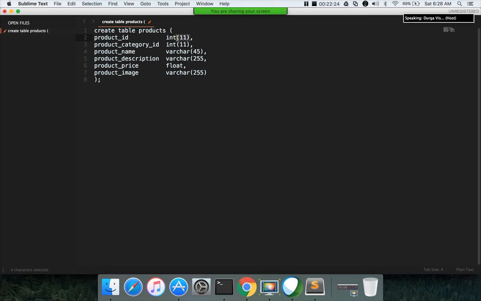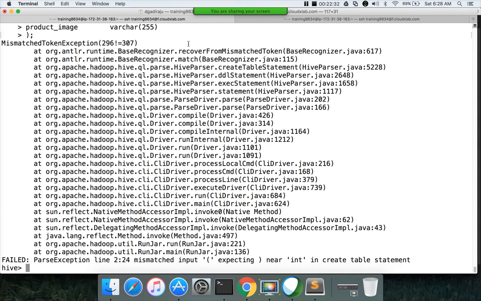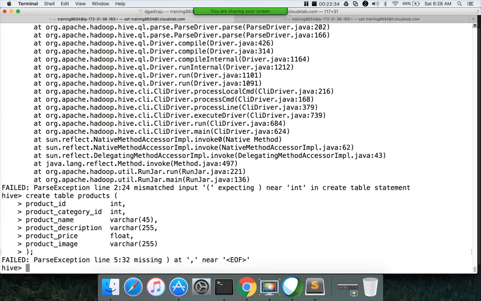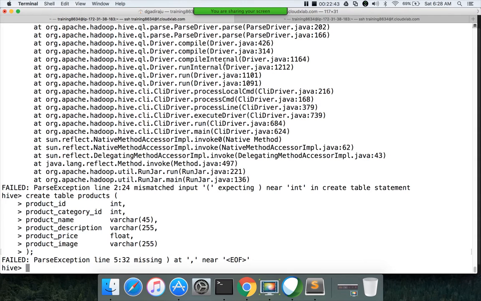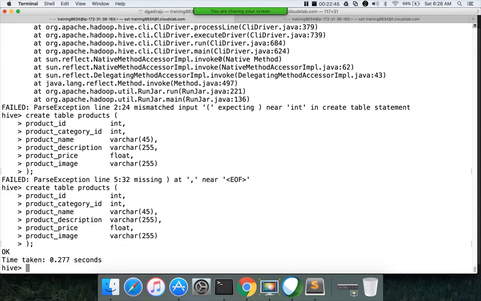So I am removing this, then it will work. What is the issue? Okay, here it has to have the bracket. Now if you see, table is created.